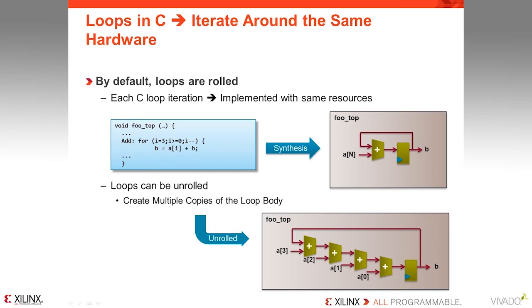However, Vivado HLS allows you to actually unroll these loops. So you can look at the example on the bottom. We could decide that rather than take 4 clock cycles to do all the additions, we could just unroll that loop and do all the additions in a single clock cycle. Now, in the case where we could not perform 4 additions in a single clock cycle, Vivado HLS